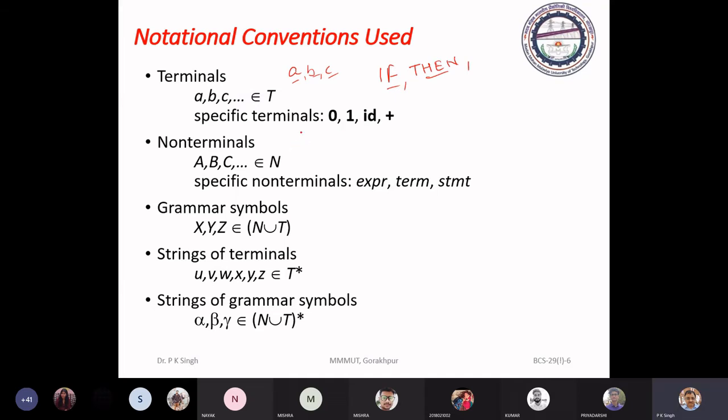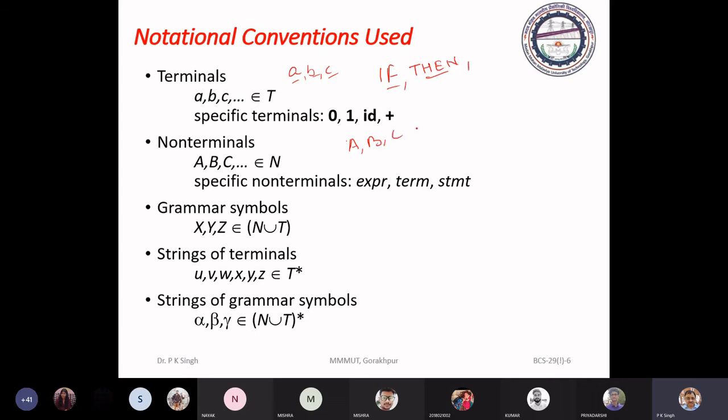Non-terminal is just the reverse. For a single-alphabet non-terminal, we use a capital letter, A, B, C, like this.